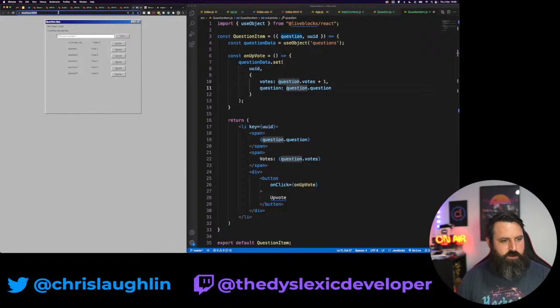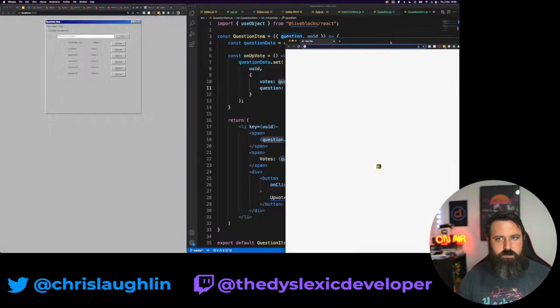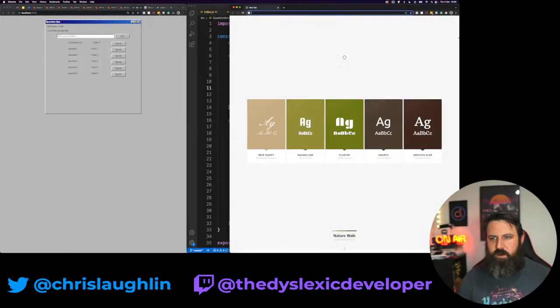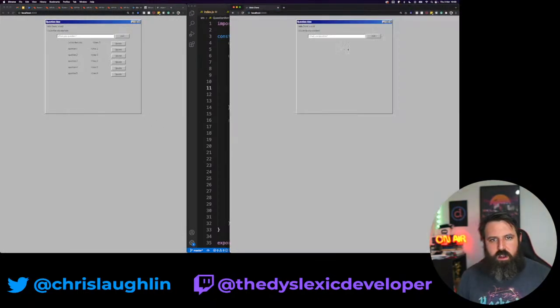Awesome, and let's grab this and open it on a new tab or a new window. I don't know if tabs works or has to be incognito windows, but we'll see how it goes. Okay, yeah, that's updating in real time.